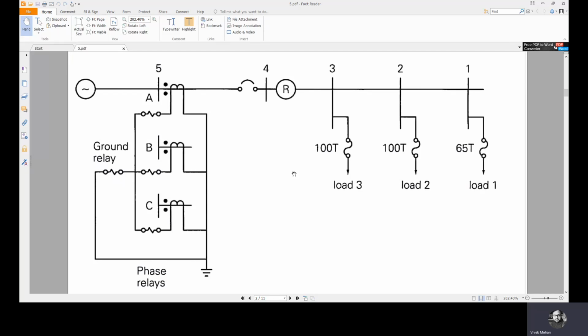Now, more than 80% of the faults on overhead distribution circuits are temporary. So the purpose of a recloser is to identify such temporary faults, and it can differentiate temporary and permanent faults. We'll see how it differentiates them.